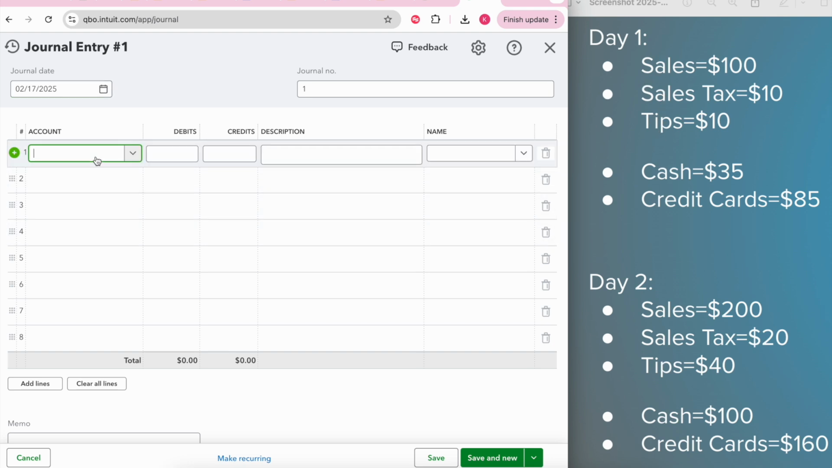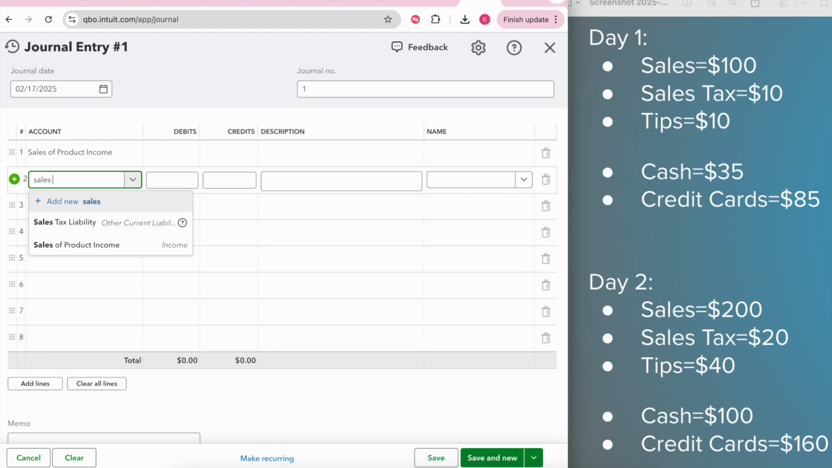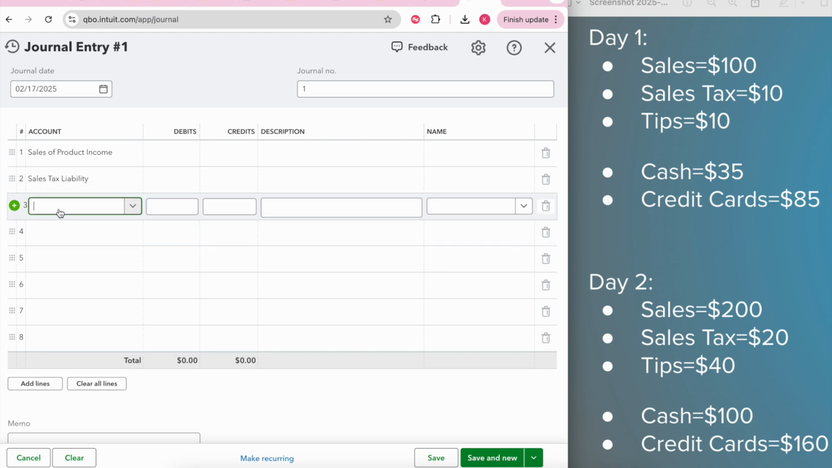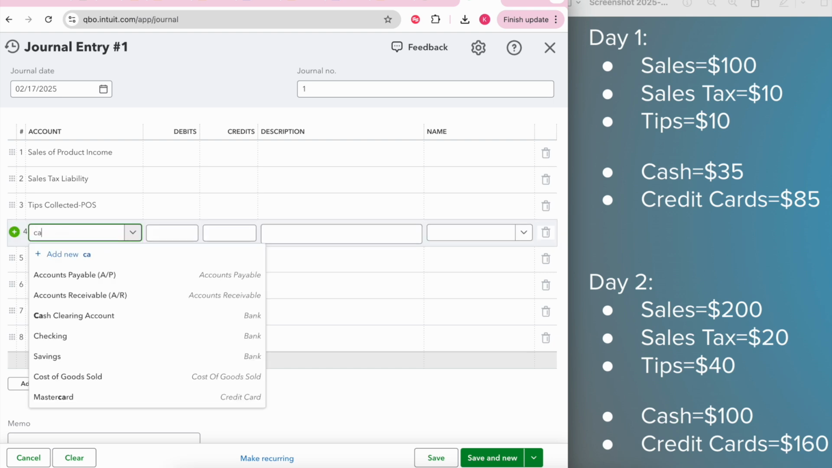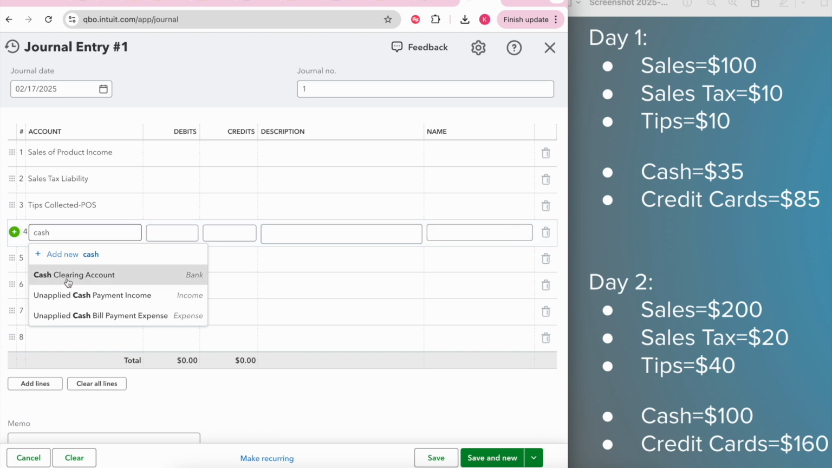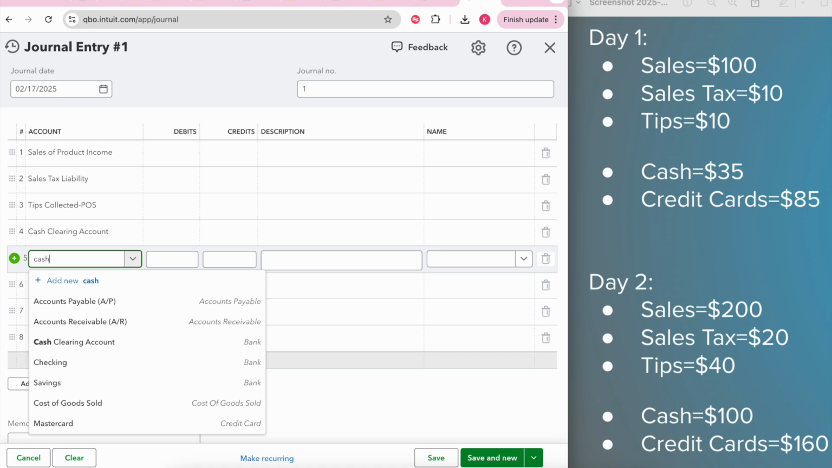So I'm going to choose sale of product income. I'm going to choose sales tax liability, and I'm going to choose tips. And then at the bottom, we have how that money was collected. So, and both of these would really be cash clearing. So I'm going to, just for the sake of keeping it neat and tidy, I'm going to put cash clearing